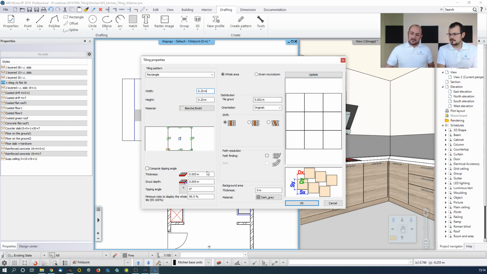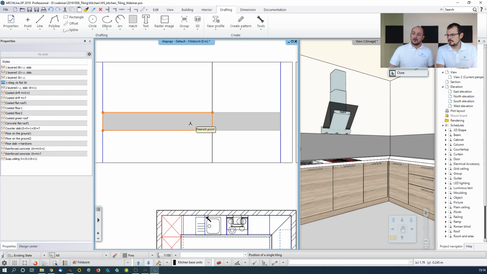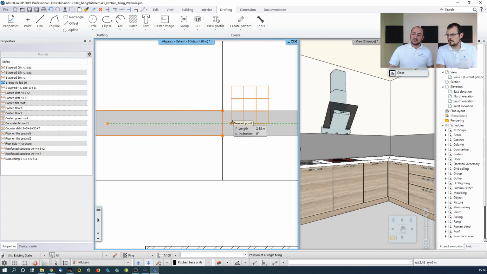And here's the thing. You can set up the thickness, the grout depth for this thing. I will use a grout depth, not that deep, maybe only 2 millimeters, and I will use the tile grout, the gap between the tiles, as 2 millimeters here, but you can change it to anything that you like. And the rest we will talk about how to unevenly distribute it and how to make a row shift. But you can see a little example here, and when you hit OK, then you are able to distribute it